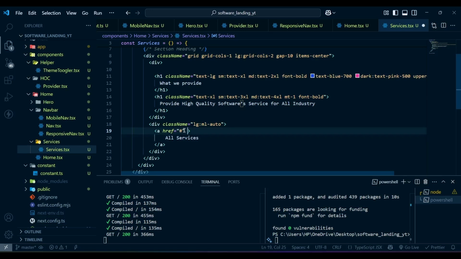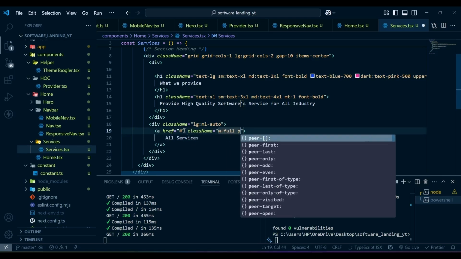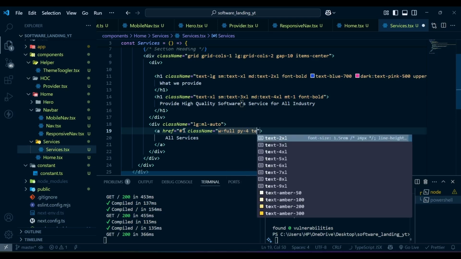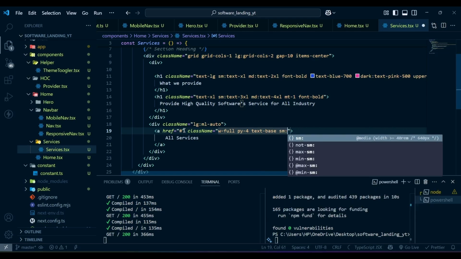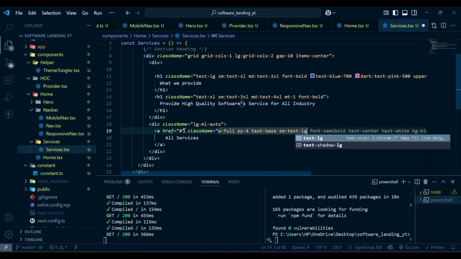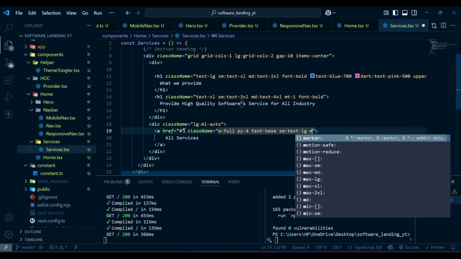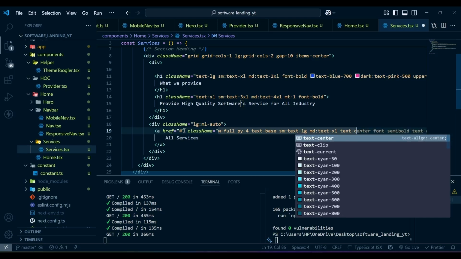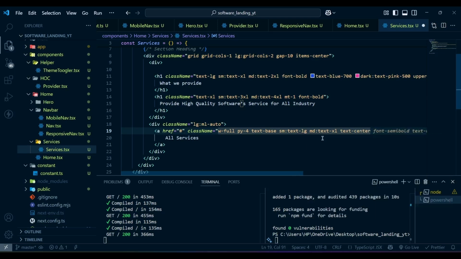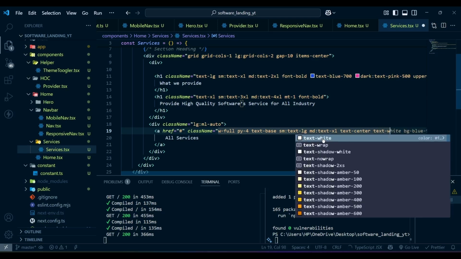Now this a tag will have a class name of w-full, py will be 4, text will be base, smaller devices text will be lg, in medium screen text will be xl, text will be center, then text will be white,